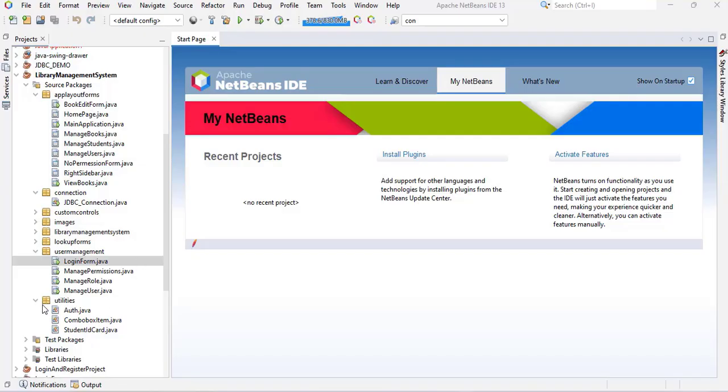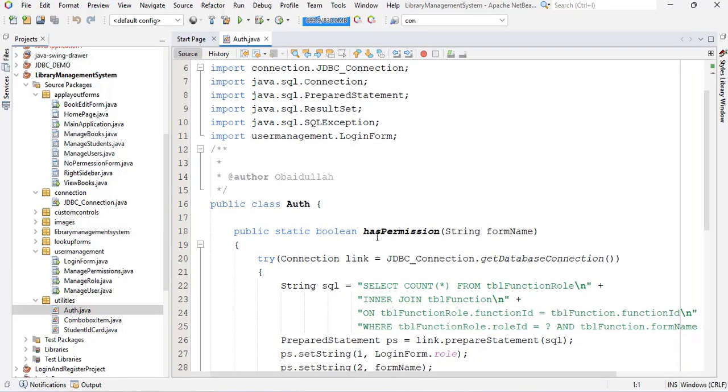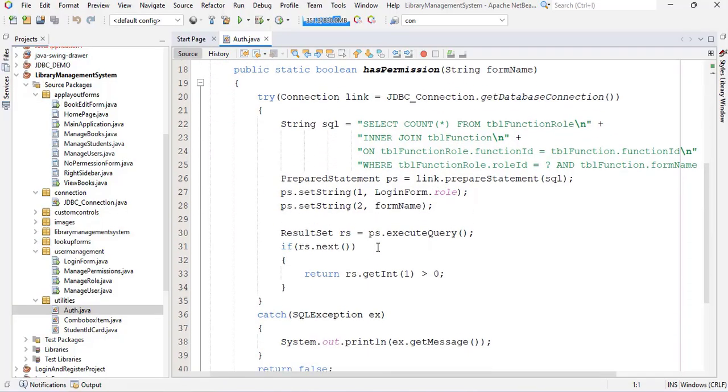As you can see, inside the utilities package we defined the Auth class. Let's open that. Inside that class we have a hasPermission method, and this method is responsible for allowing users based on the permissions. If the user has permission, this method returns true. If the user does not have permission, this method returns false. To know better, please watch our previous video, because in that video we explained this method step by step